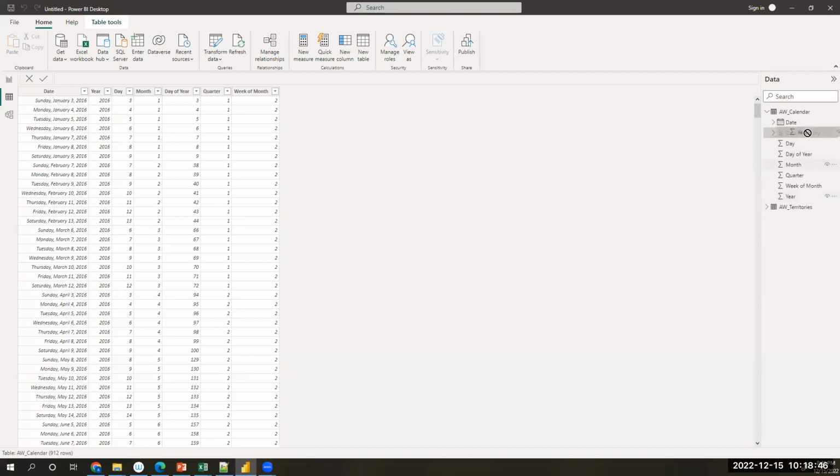Okay, from top to bottom. For example, see, right click, add to hierarchy, date hierarchy. Okay, just see. Now, after year, quarter, add to hierarchy. Date hierarchy. Month,